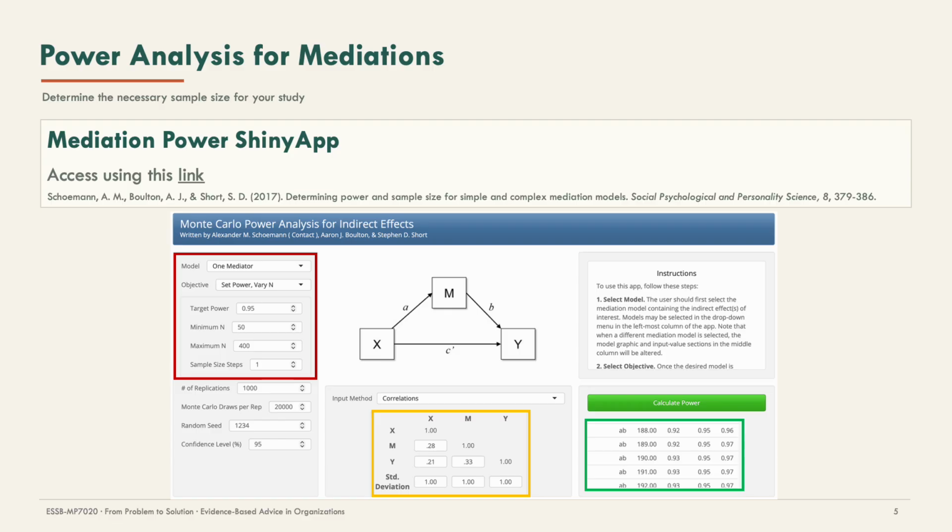Here we select a model with one mediator and choose Set Power Vary N. The target power can be 0.80 or 0.95. In this example, I used 0.95. We then specify the range of sample sizes for which the app should calculate power. Here I used a range from 50 to 400 participants, but you may need to adjust this range depending on